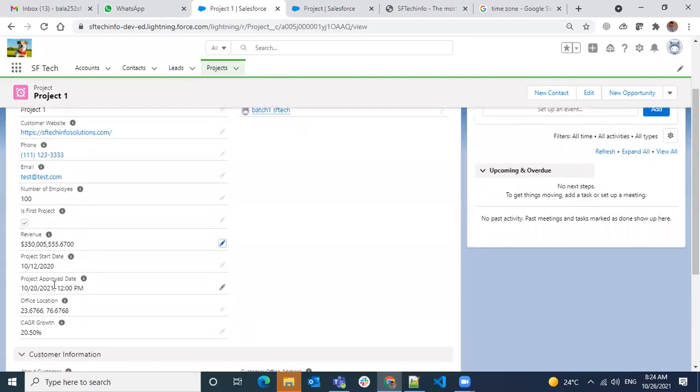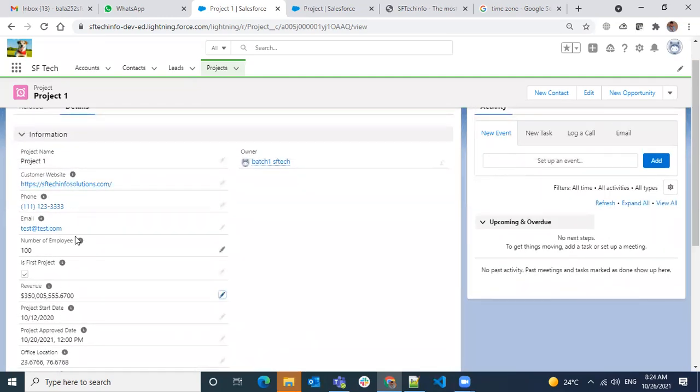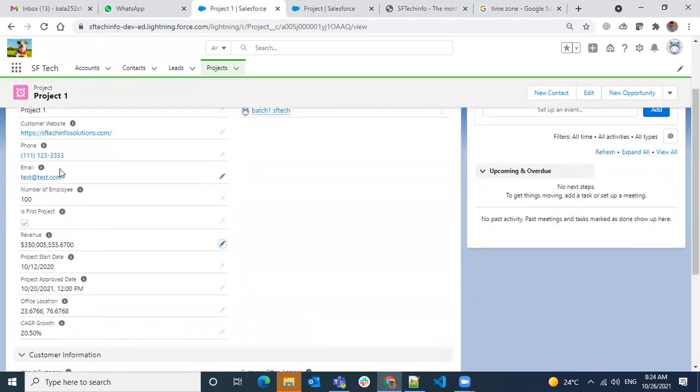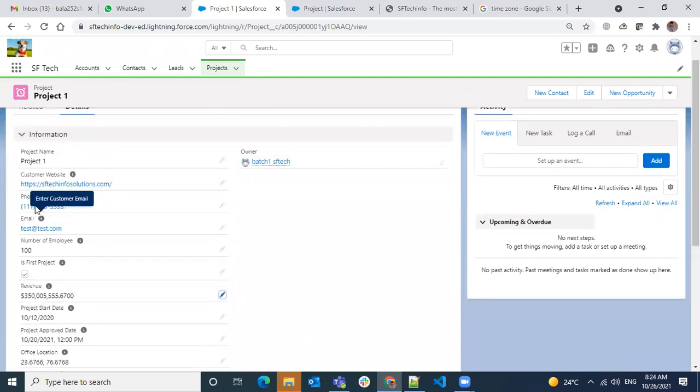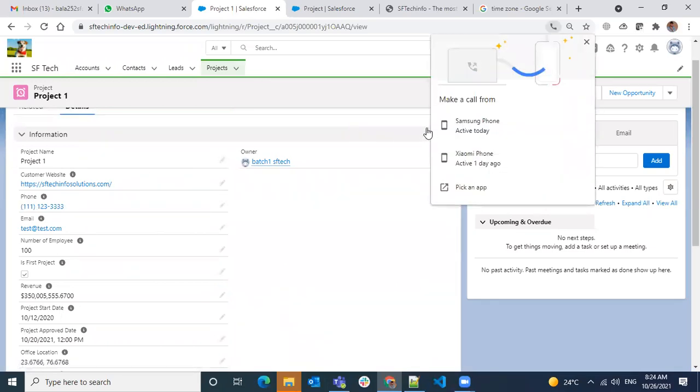Then what else do we have here? Any questions here? Okay, one more thing before you, if you have any question, the phone fields you see, right? If you have any integration with some other tools, when you have a phone number, if you click, it will directly redirect you to make a call. So let's say it's a kind of call center. They will make calls from the system only, right? If you have a number, you click and then make a call.